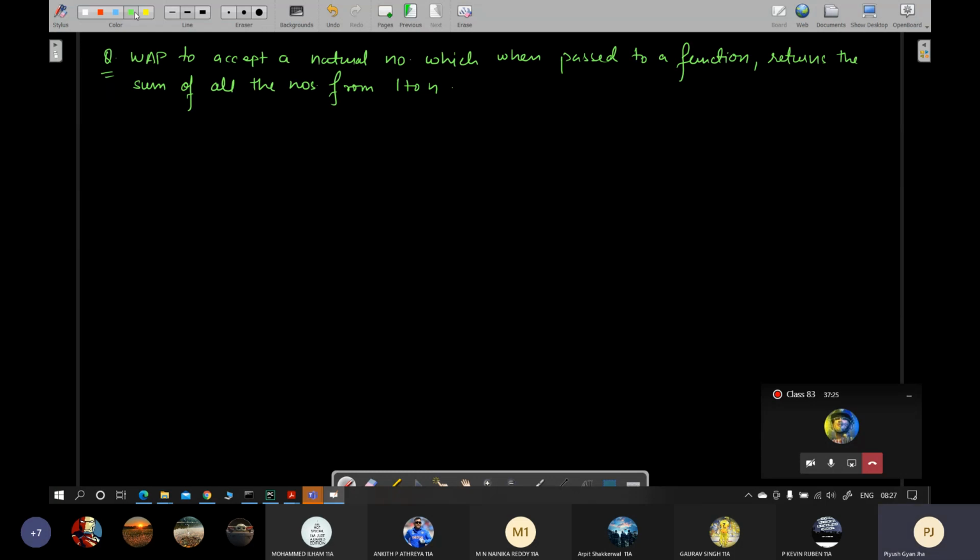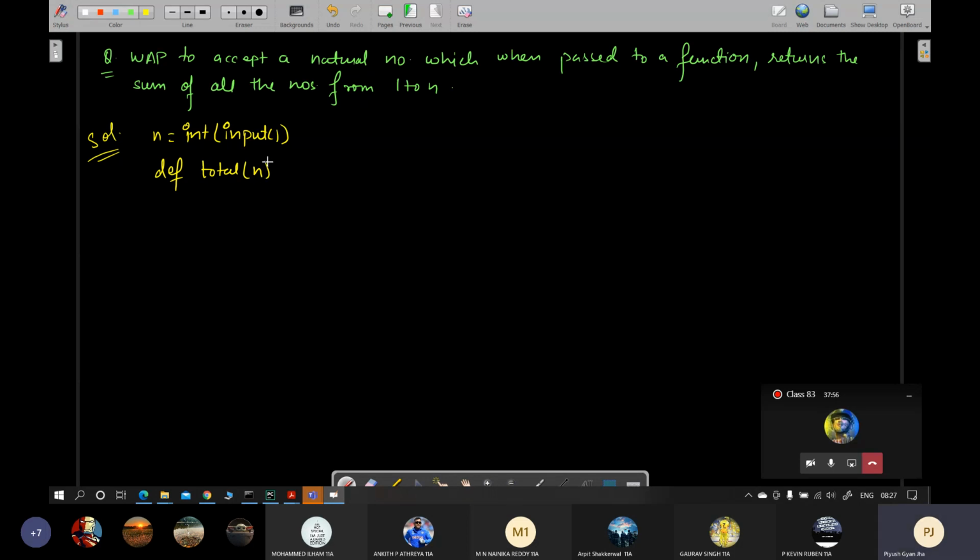So what will we do in this? What can we do? First ask for that value: n is equals to int input. Write that, let me write it. Okay, then you will define a function, def, let's say total, I will write the name, which will accept one value n.